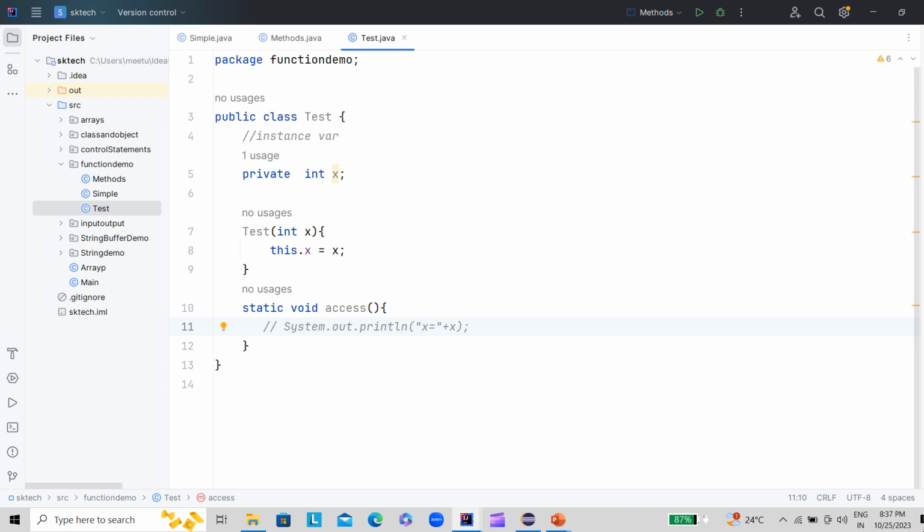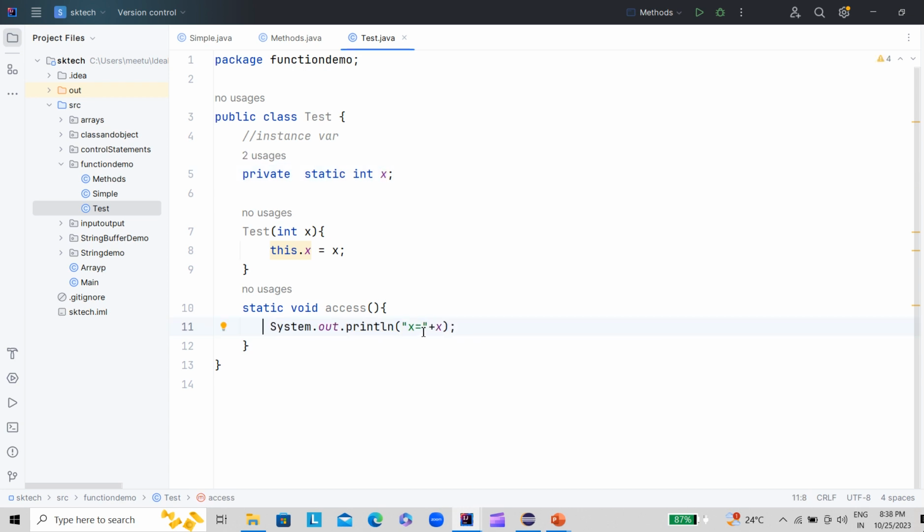Okay, so now let's write, or rewrite, this simple Java program to test whether the static method can access the static variable or not. If you write the static keyword before this variable, this variable becomes static, and if you write the static keyword before the method, then this method becomes a static method.